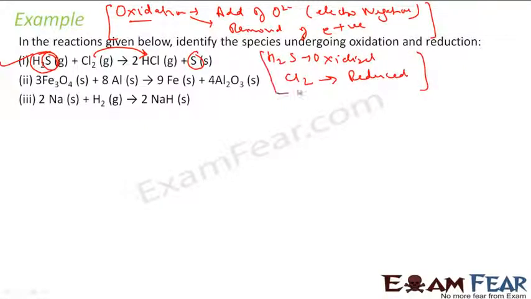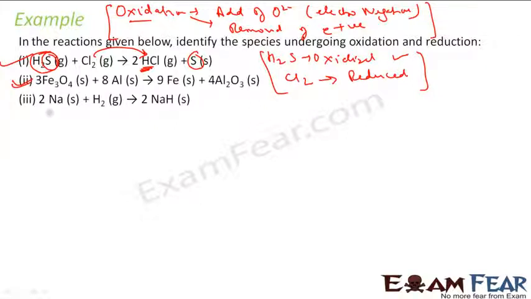Hope you understand this. Let me do once again. H2S, hydrogen got removed, becomes S. Hydrogen got removed, that is removal of electropositive element, it is oxidation. For Cl2, we added hydrogen. Instead of removing, we added hydrogen. So addition of hydrogen, that is addition of electropositive element, is what? Reduction. Right? Just opposite of oxidation. This is my reduction. So let's take second now.